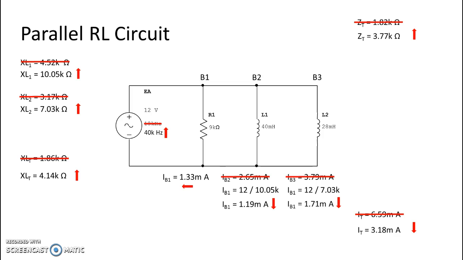Now, of course, if we were going to do the current route, we would figure out our individual ohmic values and our individual currents, use the same process we used in the previous video, and we would take our original resistive current, because it hasn't changed, and our new currents through branch 2 and branch 3, the combined value, which is now 2.9 milli, and throw that into our formula, and we should get exactly the same thing of 3.18